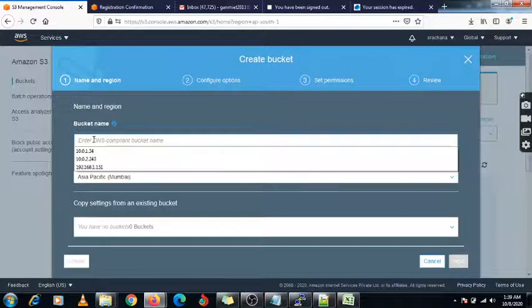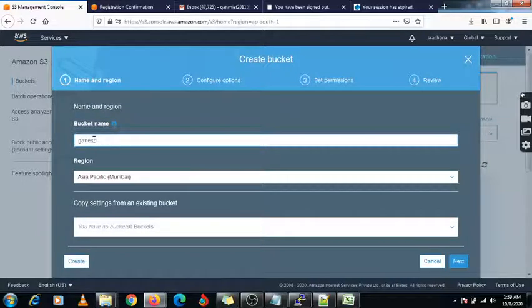I am creating one bucket with the name MIET, under the Mumbai region.